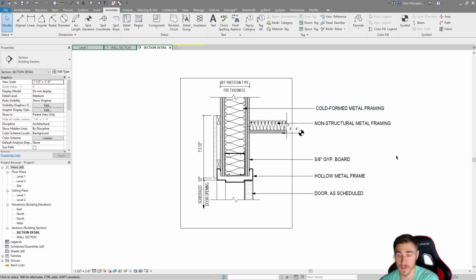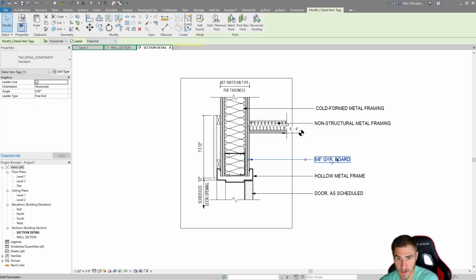Now, something I've done before with this is, instead of having this be type comments, I can have this be a spec section, or I can include a spec section. In that case, if you wanted to do that, you simply add another parameter on top of this. And so you've got a spec section on top, and then that's it. It's the exact same thing. You'd have two type parameters. So we will look at all of that and more